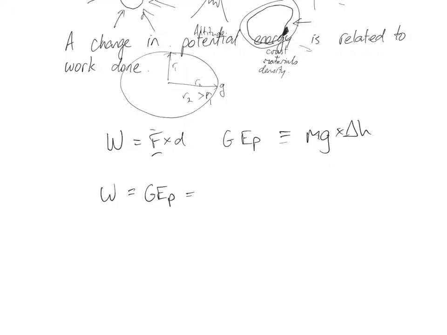Now if you remember, if we use Newton's force formula for gravitational force of attraction, we get G m1 m2 on d squared, or distance squared. You'll see R in this place sometimes, times our distance from our force, and we're getting gravitational potential energy equals, and there's a minus sign here,